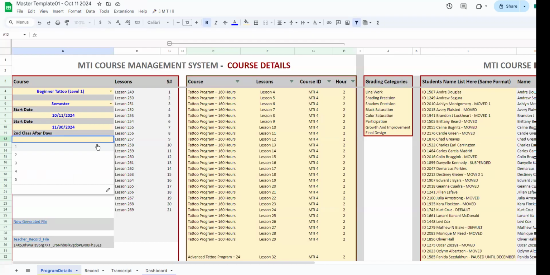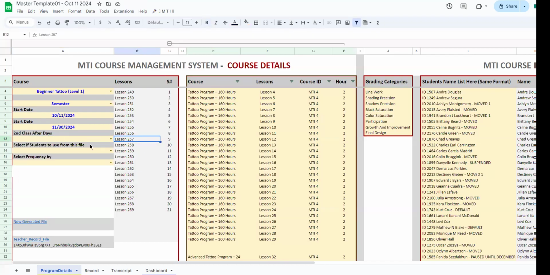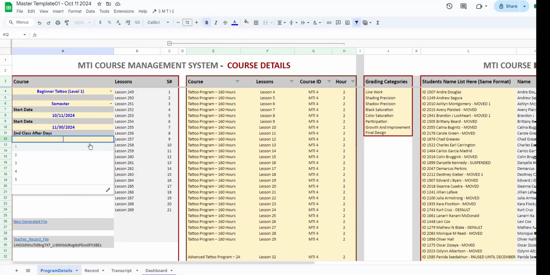So if there are 2 days class, you can select any date. If there is only 1 day class, you can leave this empty. So this is only for per day class. Okay. Let me select 2 days class. If I select, okay, I want to have 1 day after, there is another class in the same week